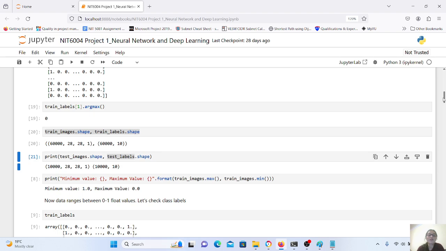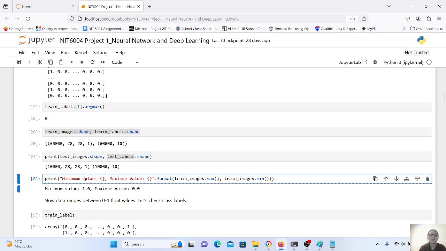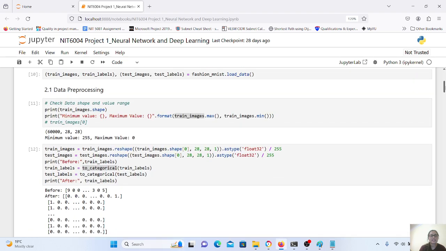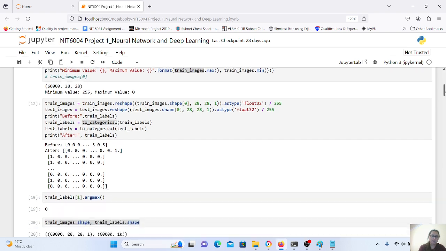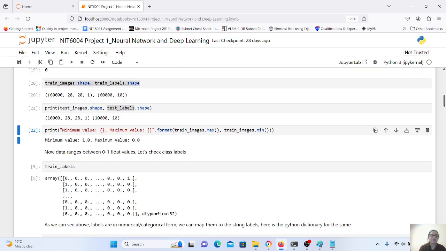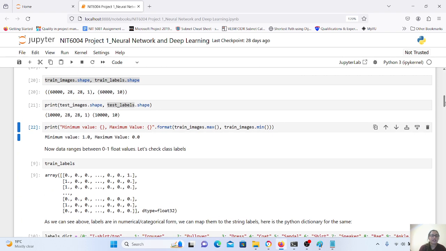Sorry, my bad. Number of columns should be same. Number of rows can differ, like for training there would be more samples, and for testing there would be fewer samples. If you see the minimum and maximum value, as I discussed earlier, initially the minimum and maximum values were 0 and 255, representing the color. But as we divided by 255,